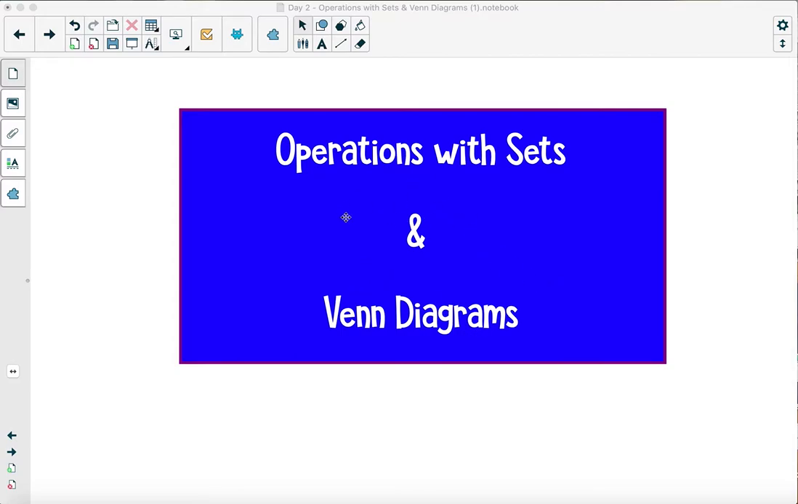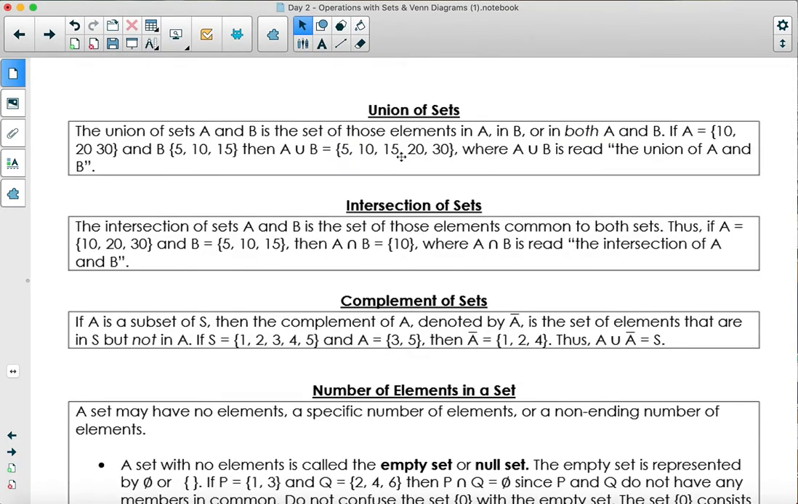Okay, everybody, I'm going to go through operations with sets and Venn diagrams with this video. So today in class, we did talk about the union of our sets, and hopefully you guys followed along